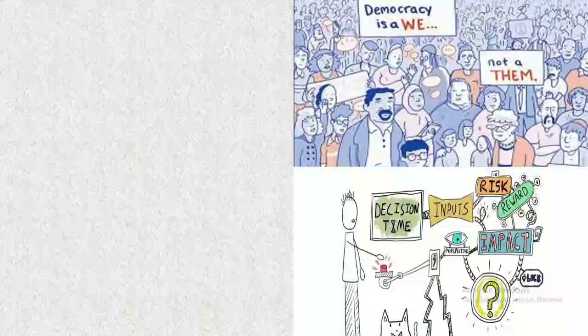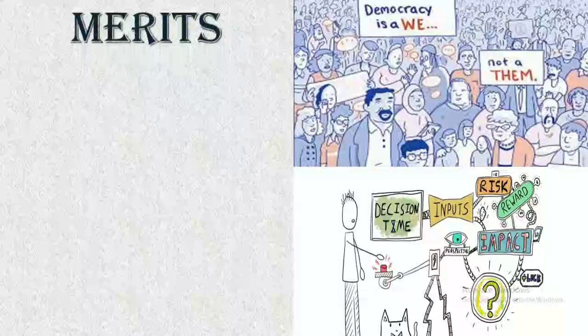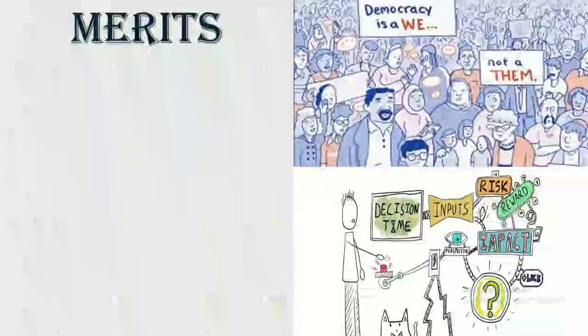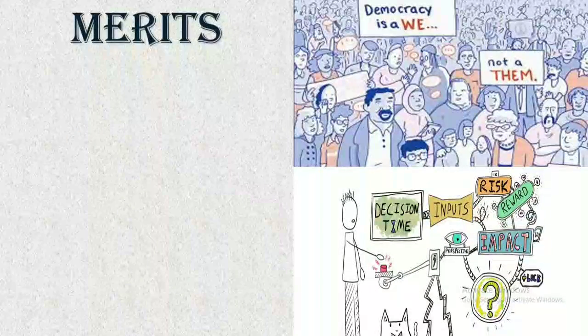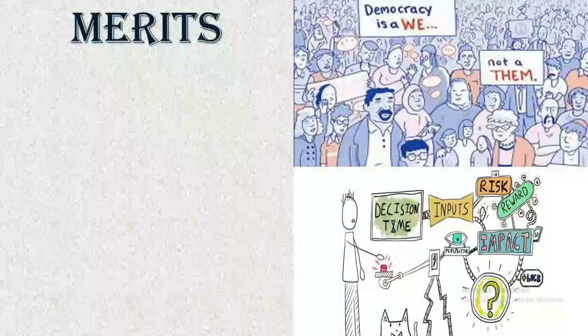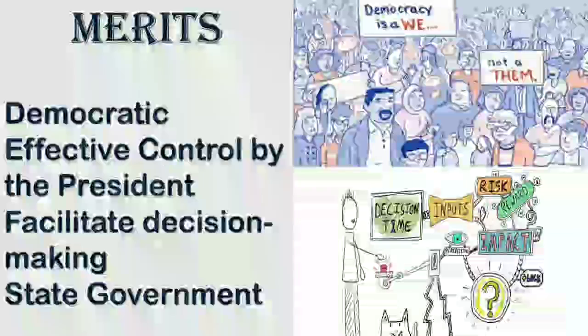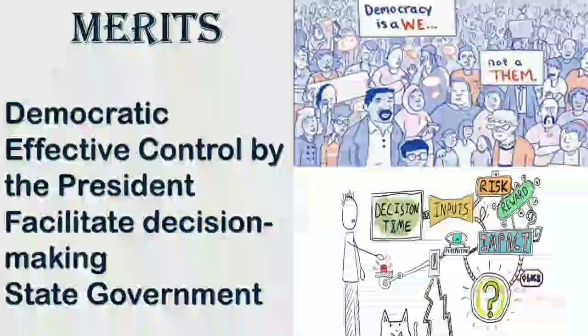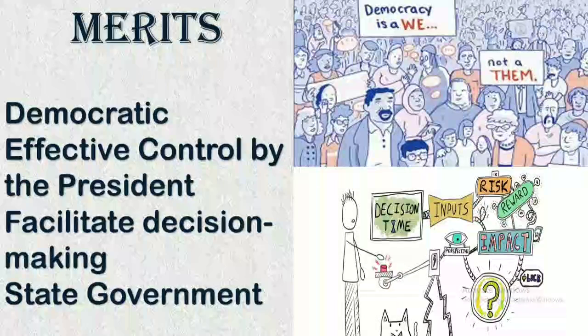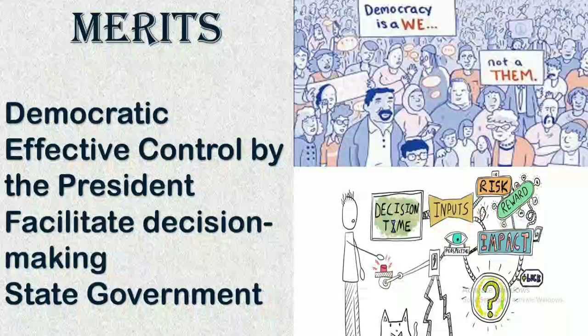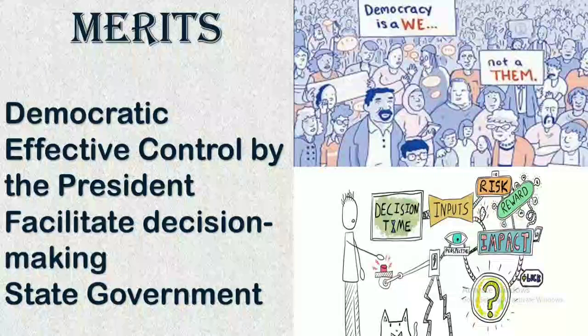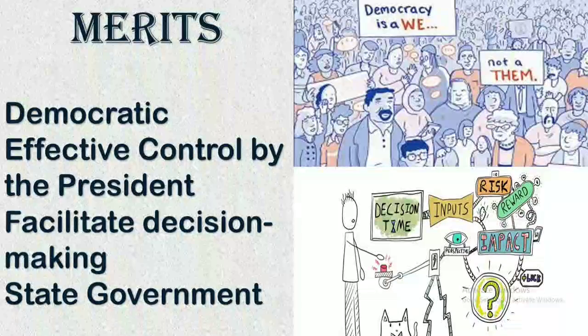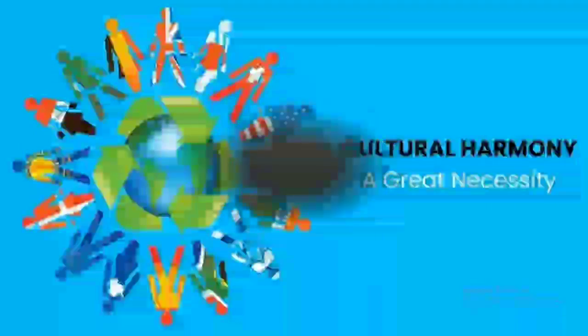The democracy says it's we and not them, and also has some sort of impacts in it. We'll see the merits of the presidential form of government. It's used in democratic countries with effective control by the President, who facilitates and makes decisions of his own with the central government. The demerits: